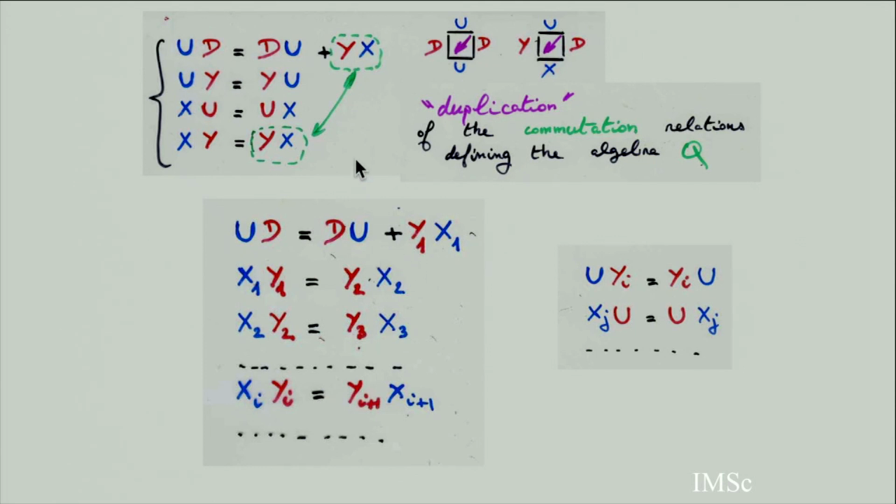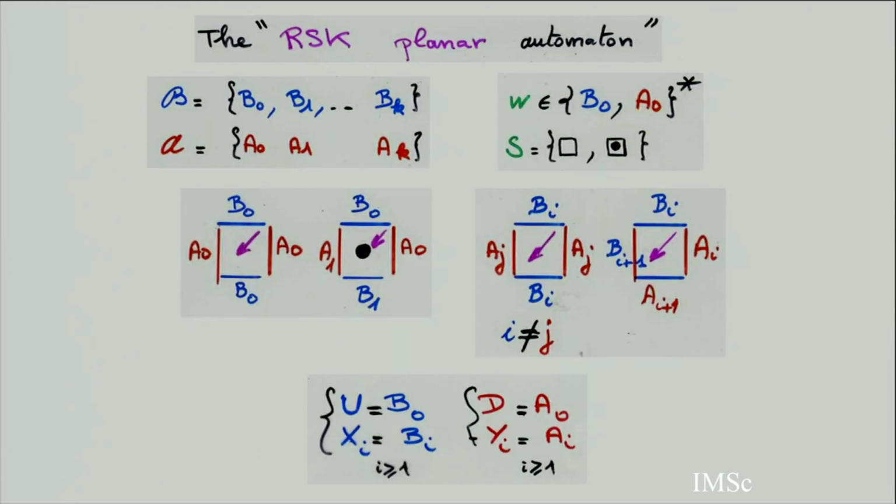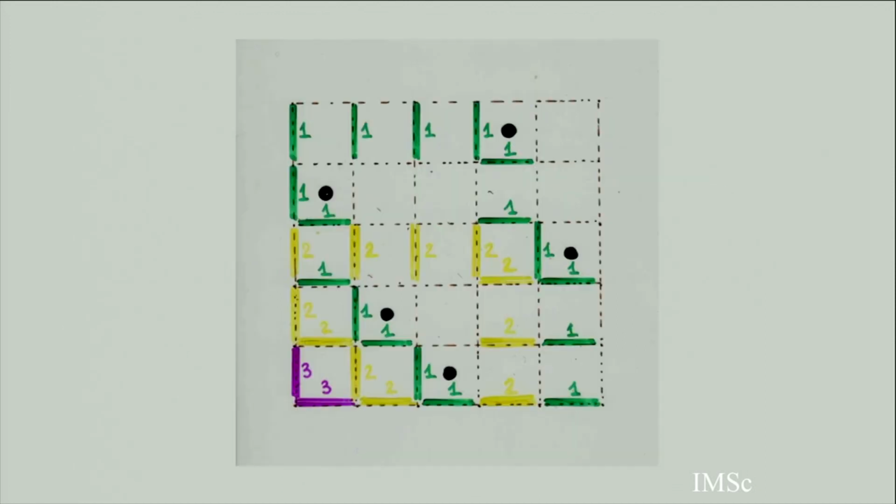And then now in the big, infinite system, if you know the right-hand side, each term appears only once. So you can completely reconstruct in a reverse way, and you get exactly what I call the RSK planar automata with this rewriting rule going from the northeast to the southwest. And then what you get is a coding of the Q-tableau, which is a permutation. You get the coding of this by reading the label of the edges on this southwest border.